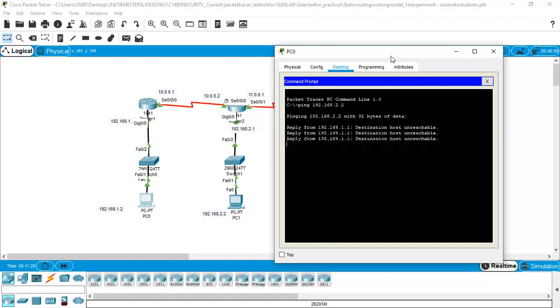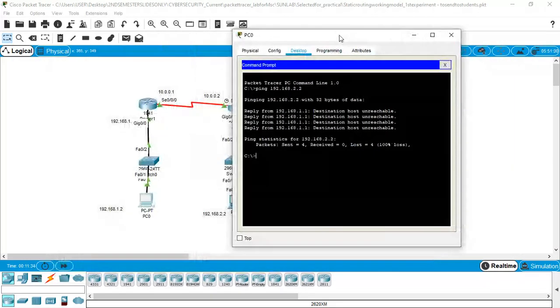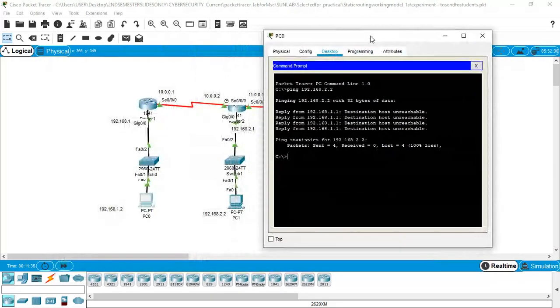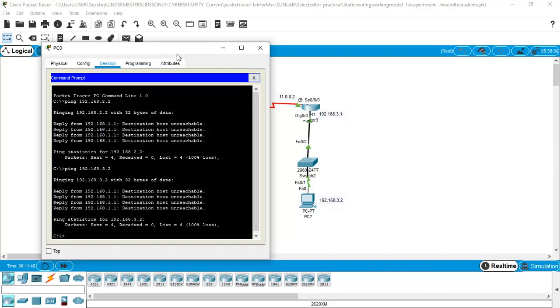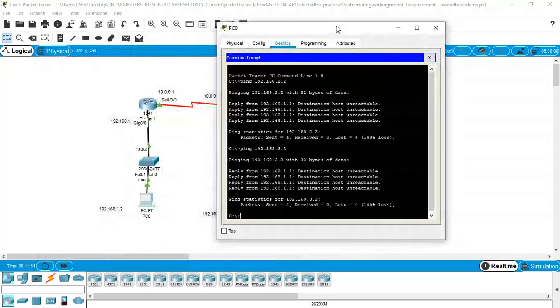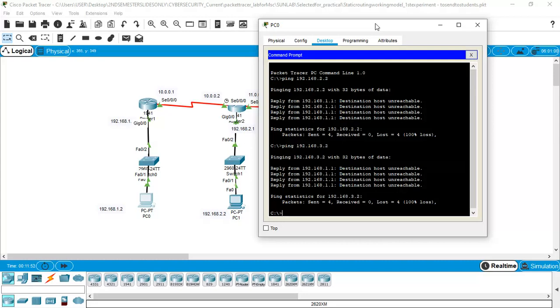You can see the message, destination host unreachable. If I ping the other computer, 192.168.3.2, we will get the same reply, destination host unreachable.